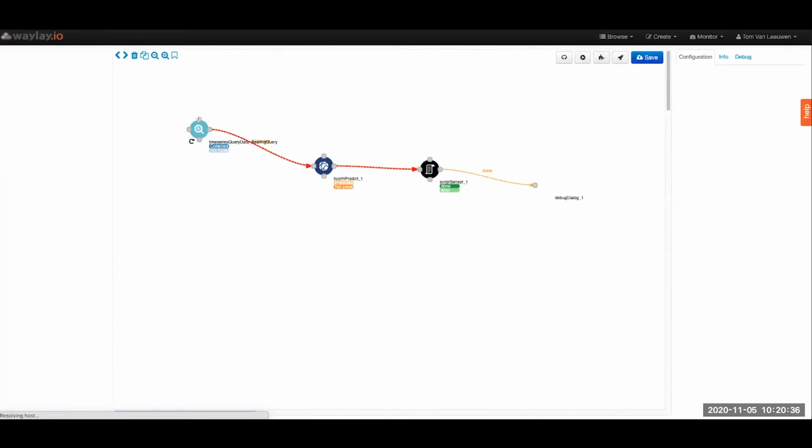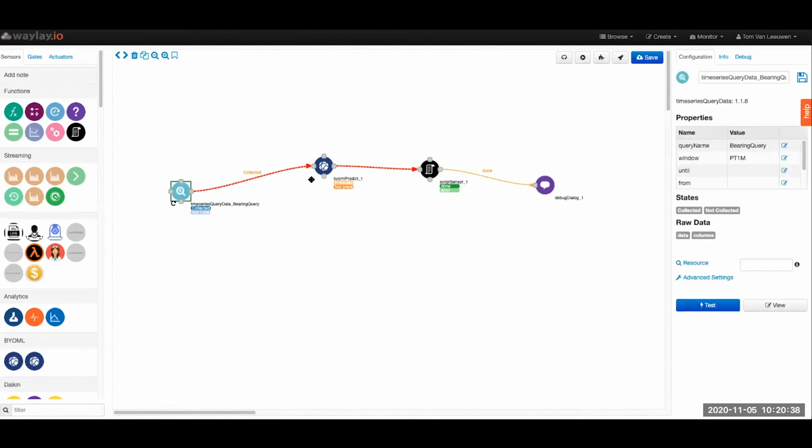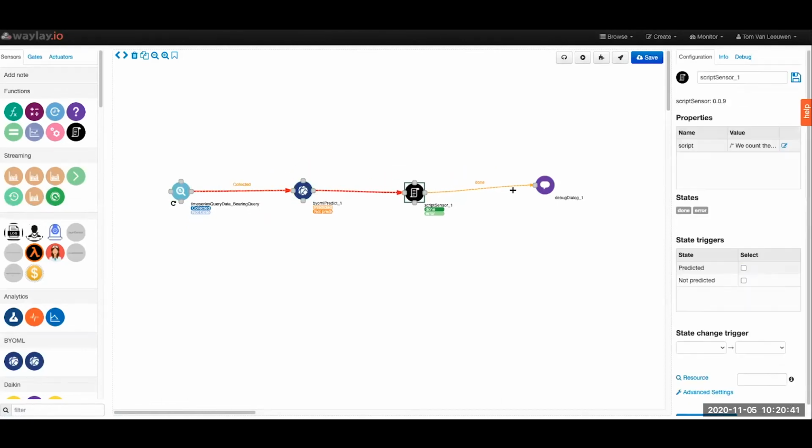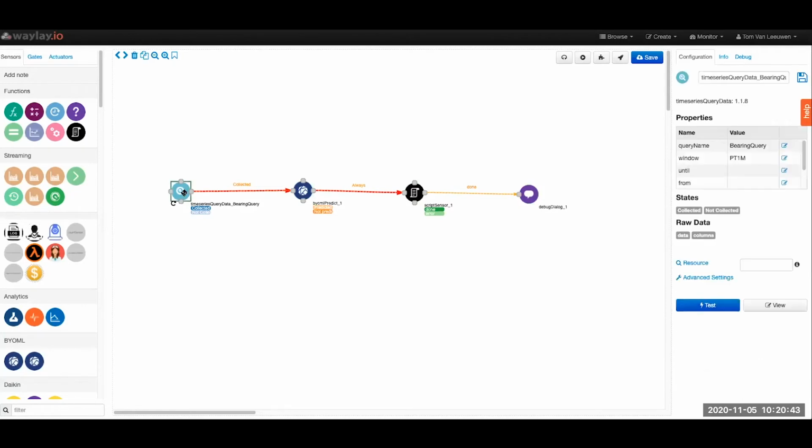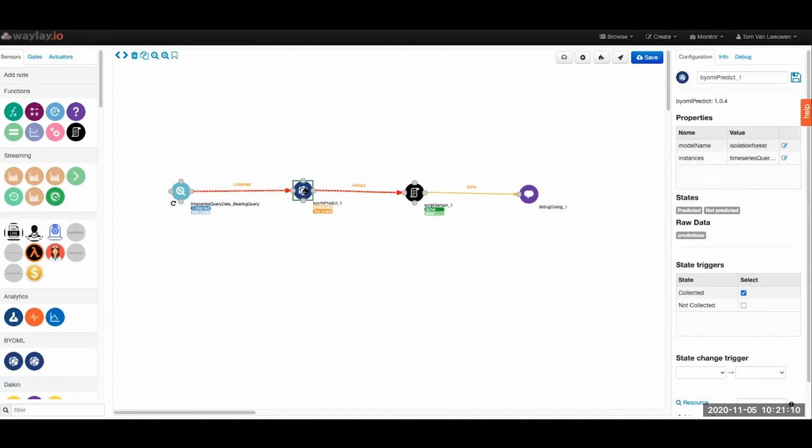This is my template. What I'm doing here is I'm basically going to run my query. Here you see the query name that I've configured on this query data sensor, and I also define here a window, which is basically saying, I'm going to look back for the last minute at what data has come in. And based on all of that data, I'm going to send it to the next node, which is